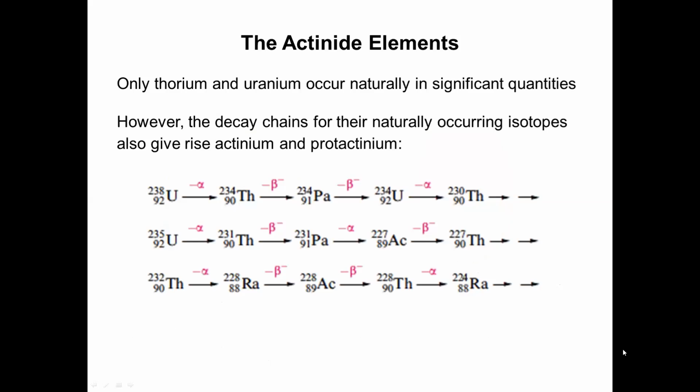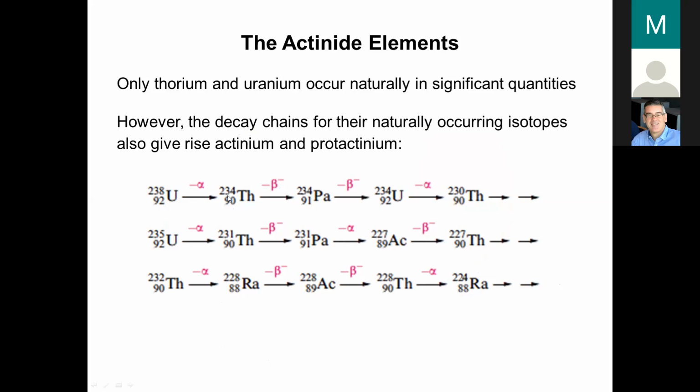And due to their natural radioactivity through their decay chains, these elements, uranium and thorium, also give rise to some limited natural abundance of protactinium or actinium, as uranium, for example, can undergo the classic alpha emission, thereby lowering the atomic number by 2 for the alpha particle and the mass number by 4, leading us to thorium isotope 234,